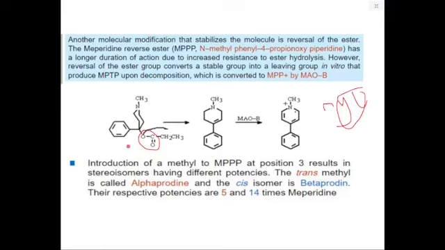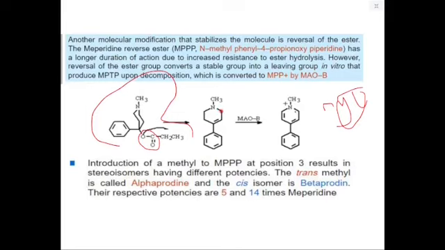So this compound here, when you put the reverse ester, is readily converted in vitro to this compound, and it's the one we are calling MPTP. MPTP will be the same. We are saying it's N-methyl phenyl, and then this is